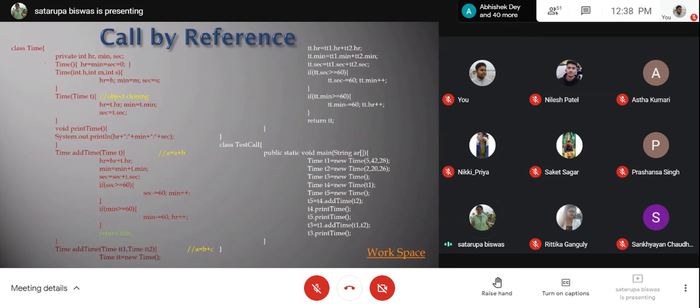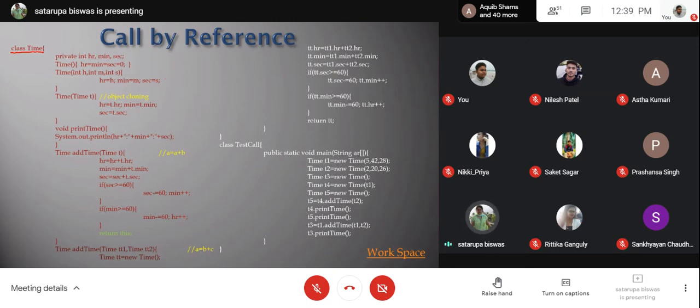Now, this is a slightly bigger problem, and the problem is about time. And the class Time is basically replicating a time variable. When we ask about the time, there are three components: hour, minute, and second.